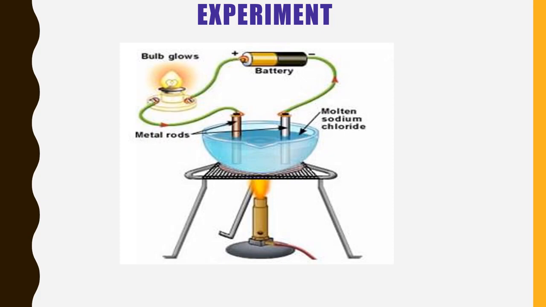And this molten solution, we are taking in the bowl. Two rods are fixed. One rod is acting as a positive terminal, another one is acting as a negative terminal. We are giving heat through the Bunsen flame. While the temperature is increasing, the reaction is taking place. The sodium chloride has separated into sodium plus ion and chlorine minus ion. So the discharge of electron is taking place. Through this, the energy is transmitting and then the light is blinking.